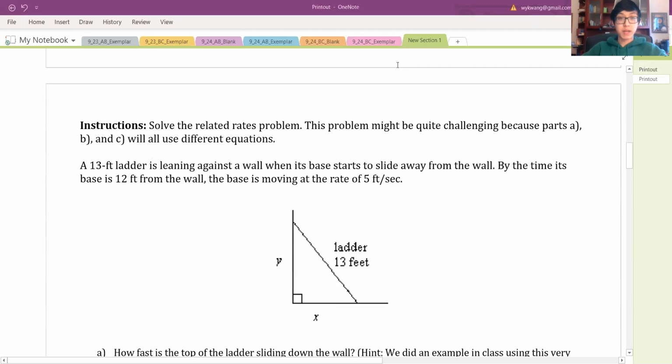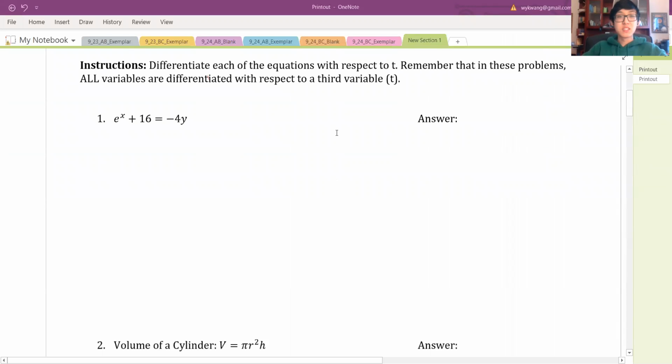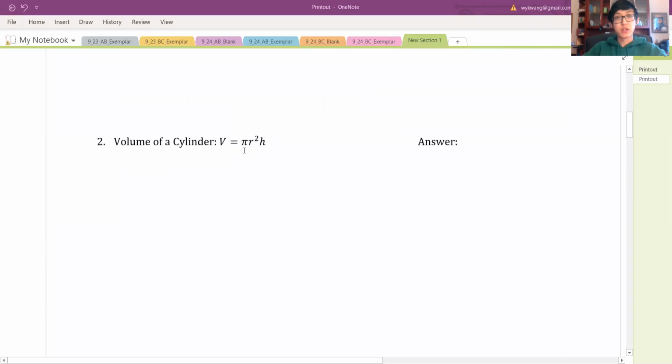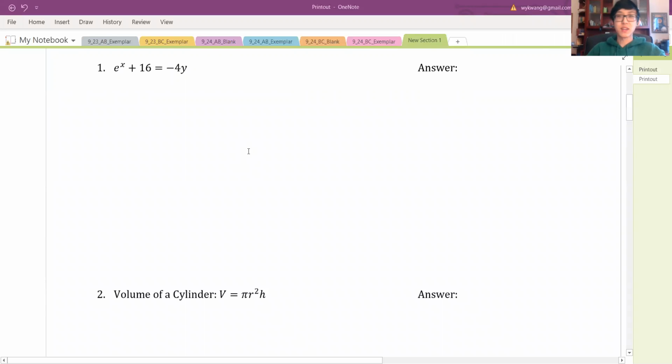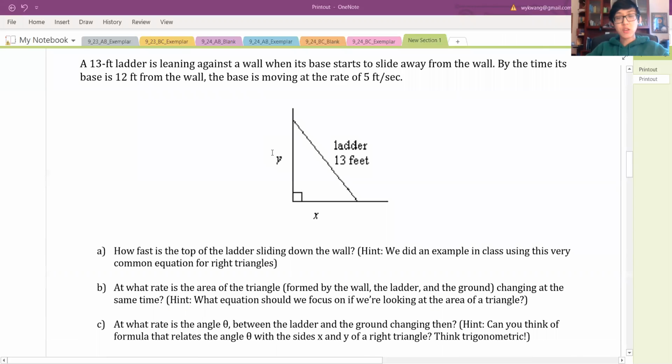I will say, especially for the related rates problems here, I'll say this because for problems where we're just differentiating, like implicit differentiation, I feel like you either know how to do it or you don't. So you can either do it yourself, or you don't know how to do it, so you just watch me do it. The related rates problems, I think everyone has the skills, the toolbox, I guess, to solve these